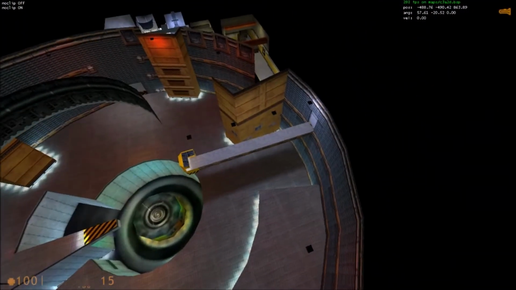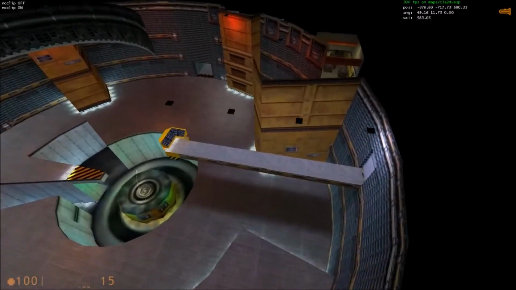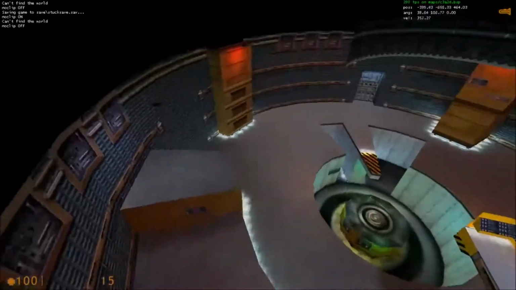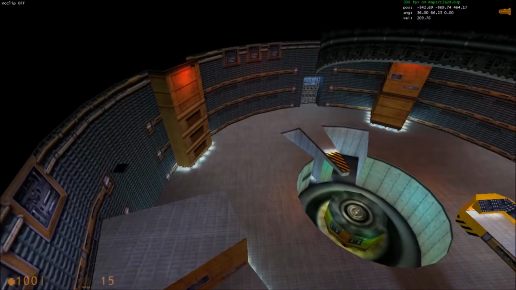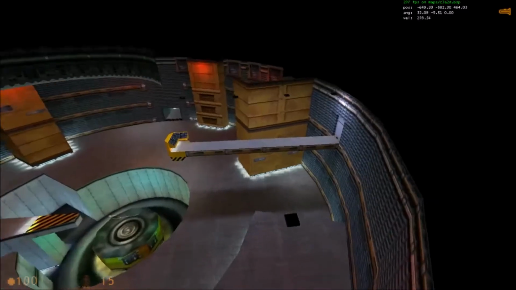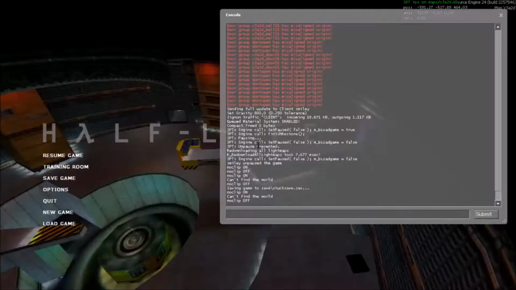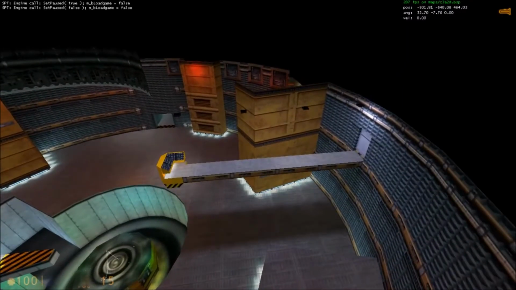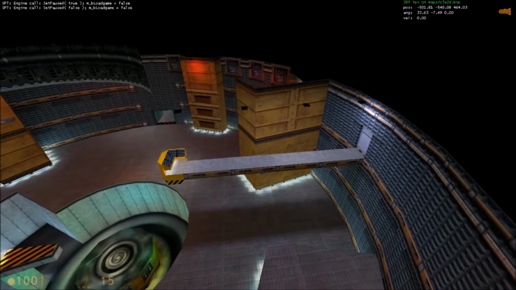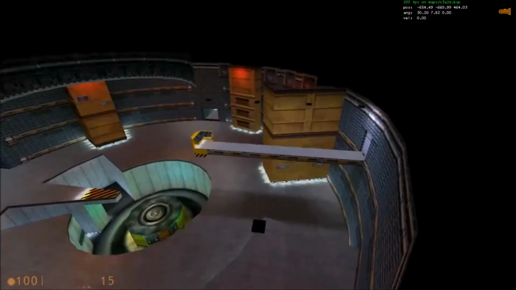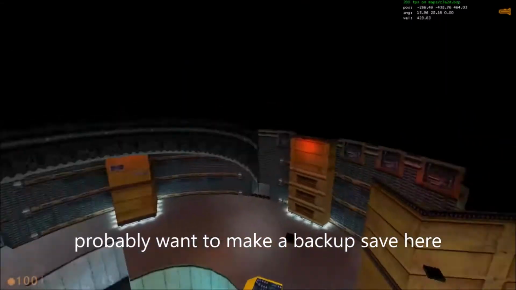So I'm going to introduce you to another concept real fast called void walking. Void walking is when you're in the void, but you're on top of something so you can walk. So what you're going to do is when you clip up, you're going to save load standing up until you're at a point where you're void walking. So the position is about 464 in your upwards height and vertical height. So you're going to want to do that until you're void walking, and then you're going to walk all the way over here